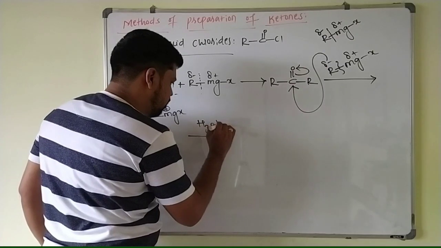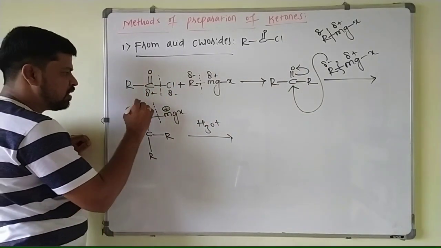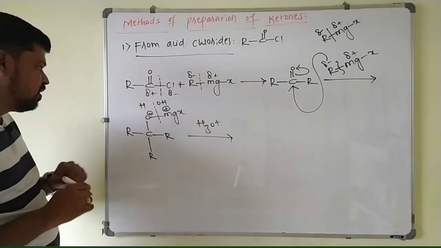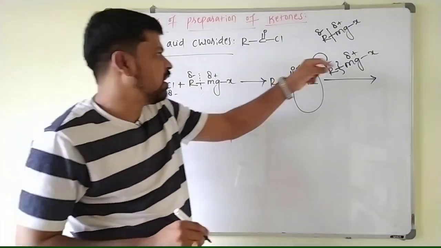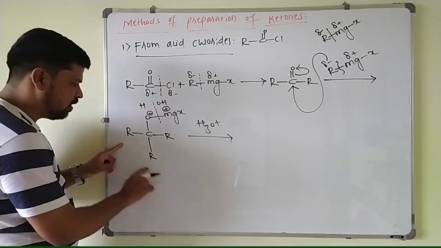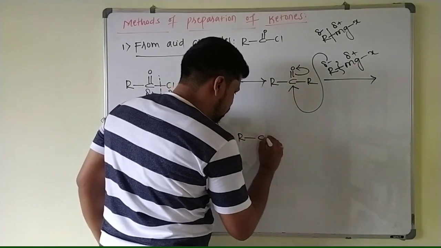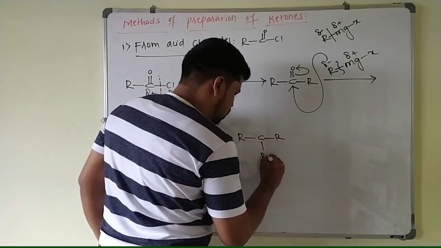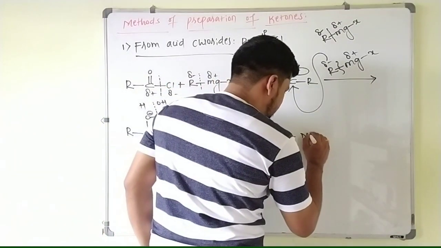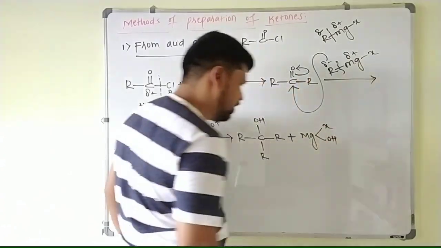Hydrolysis is nothing but addition of water here. Hydrolysis is done for this part. This is negative, means here you add H plus, and this is positive part, you add OH minus here. So this ketone further reacts with another mole of Grignard reagent to form tertiary alcohol. These three are the alkyl groups, and this becomes OH here. So this is alkyl group, and this also alkyl group, alkyl, and this will be OH plus. This is magnesium attached to one halogen and one OH group here.